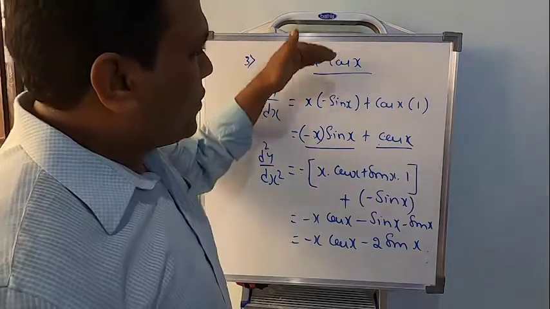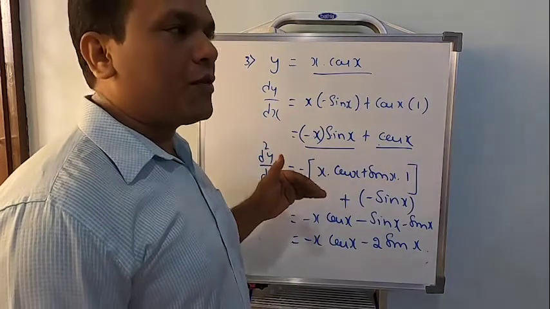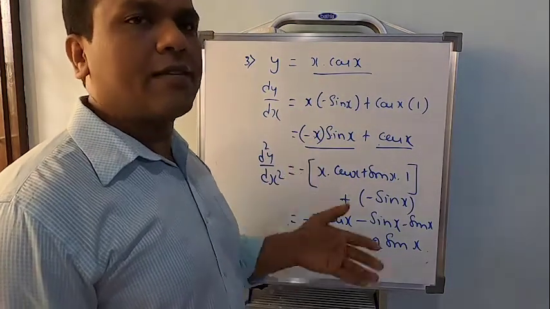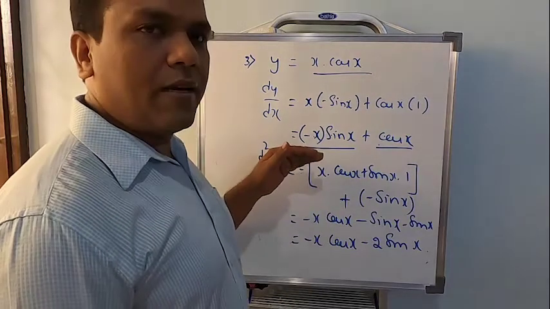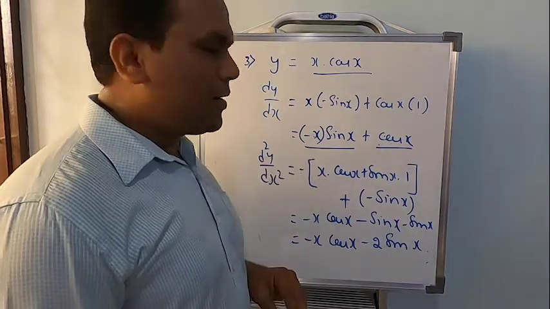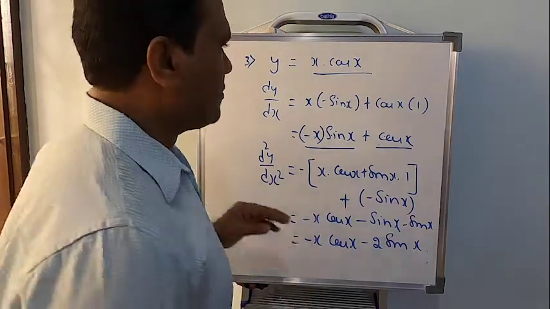So that was the product rule for the first time. Whenever you differentiate for the first time, before you go for the next time differentiation, simplify if it's required, and then continue with the differentiation.